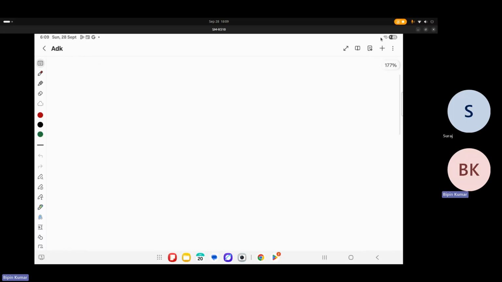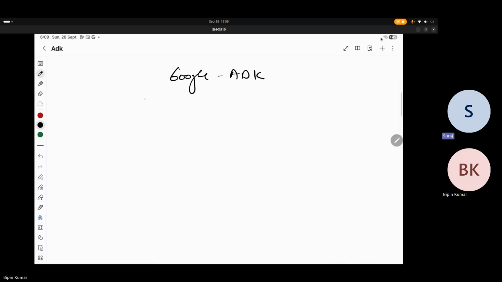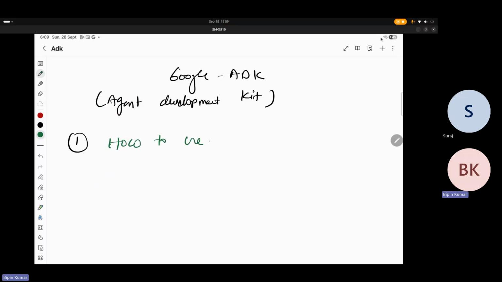So the agenda is to basically cover Google ADK. ADK stands for Agent Development Kit. Okay, so we will start from very basic. Very basic in the sense, first we will see how to create an environment using